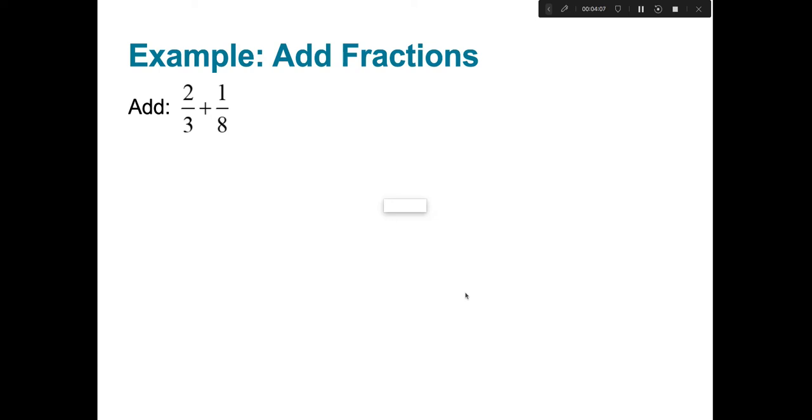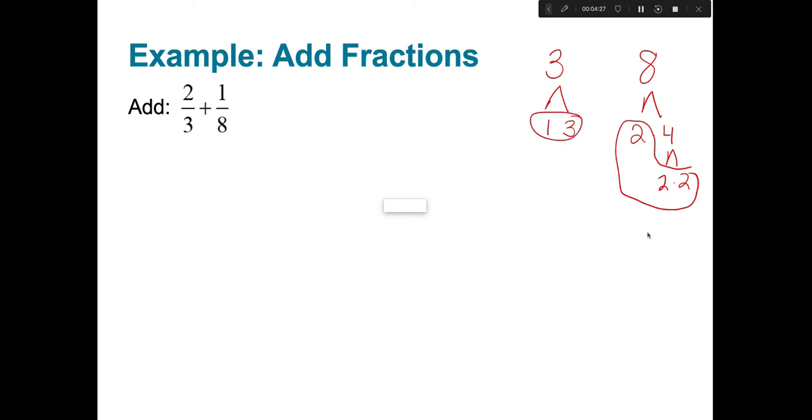If you don't know, we can Christmas tree this beast out. I got a 3. I got an 8. This is just 1 and 3. This is 2 and 4 and 2 and 2. So I end up with 2, 2, 2. 1 and 3, do they have anything in common? No, so I just have to take 3 times 8, which is